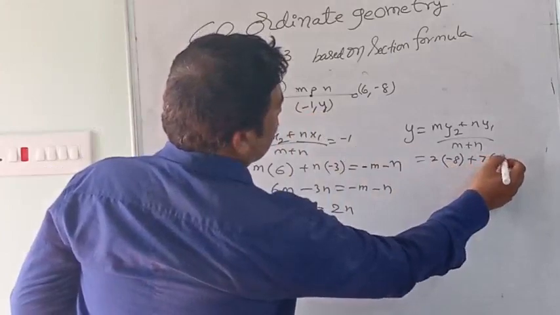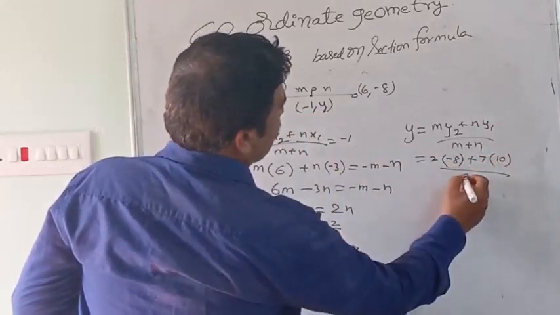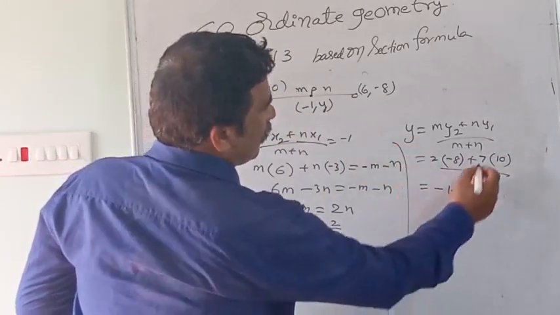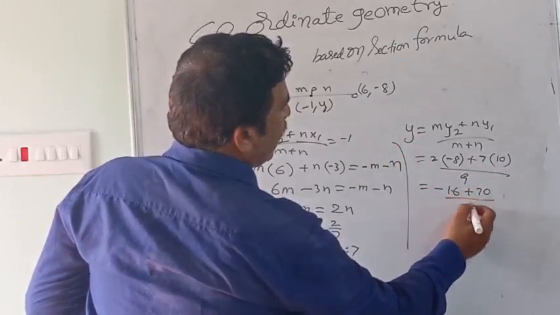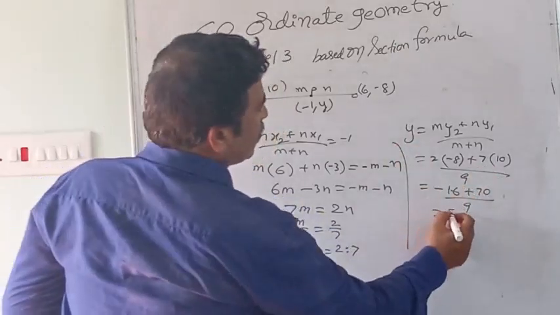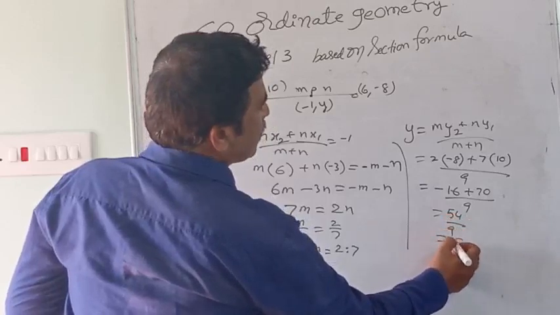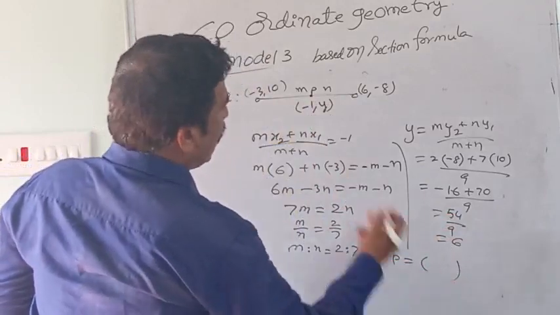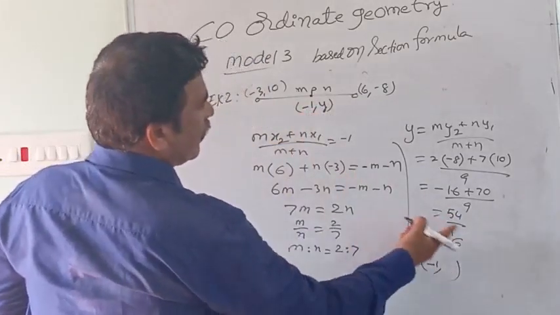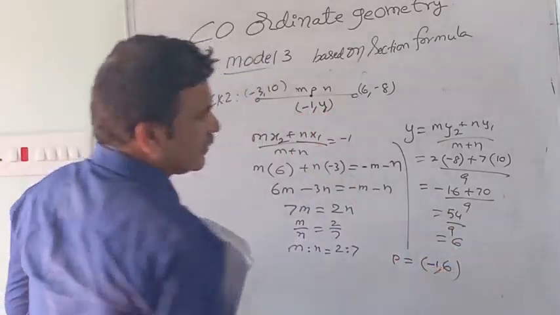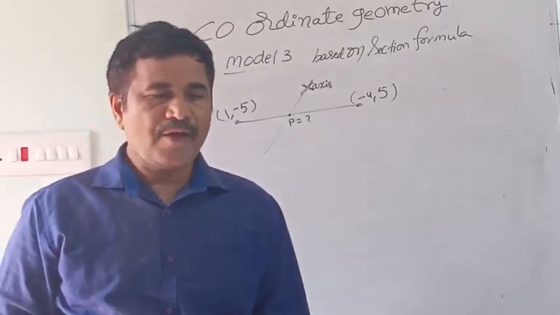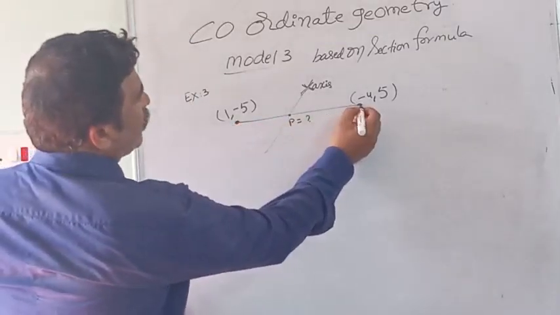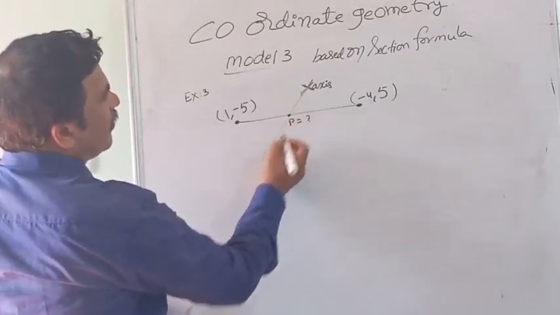y1 how much? 10 by m plus n is 2 plus 7, 9. This is minus 16 plus 70 by 9. 70 minus 16 how much? 54 by 9, which is equal to 6. Therefore we can find point P as, already this is minus 1 the x coordinate, y coordinate how much we got? 6. Okay. Now example 3, in this he'll give points x1, y1, x2, y2 and find this point P, cut